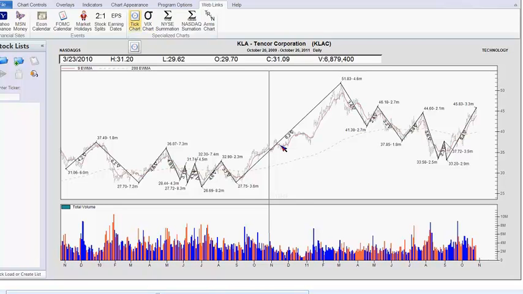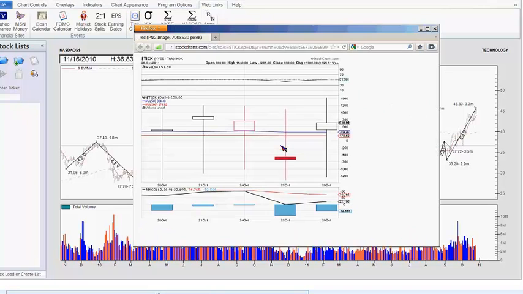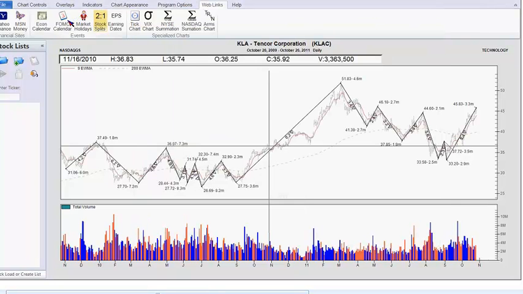I know Tom a lot of times talks about the high and low tick for the day. Easy way to go back and find that. If you want to find out about stock splits, market holidays, FOMC calendar days, or economic calendar, just quick links to all of those, including arms charts, some things that you don't hear about every day, but we do use